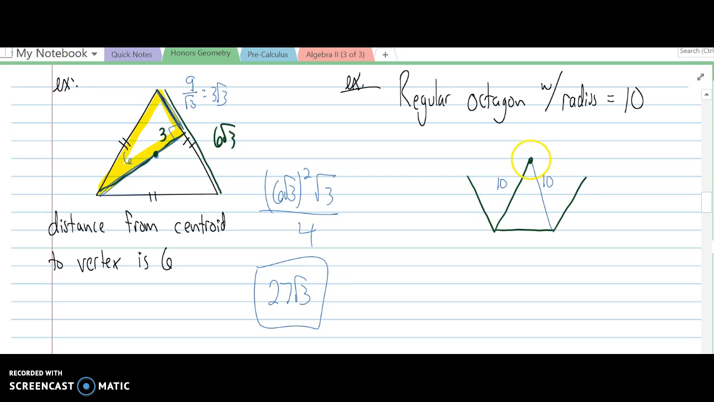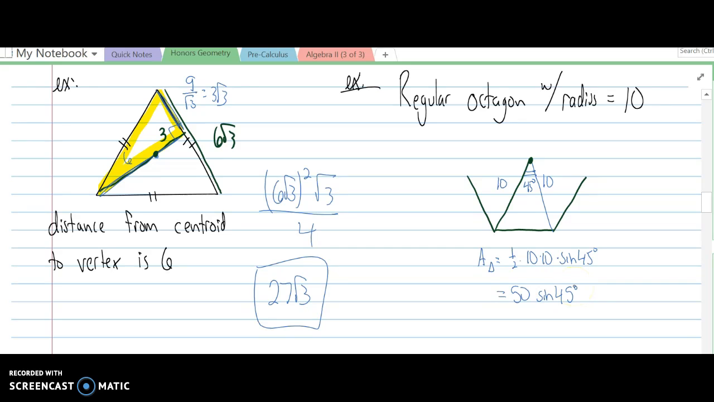And in this regular octagon, there would be 8 of these triangles going around the middle point of this regular octagon. And all 8 of those triangles would be congruent. All of these central angles would be the same. And if I take 360 divided by 8, I find out that that angle is going to be 45 degrees. I can find the area of this one triangle by doing 1/2 times 10 times 10 times the sine of 45 degrees. Simplify that a little bit and we get 50 times the sine of 45 degrees for the area